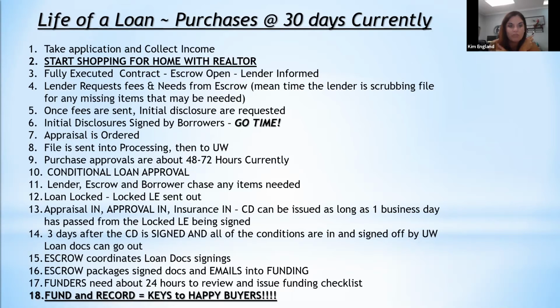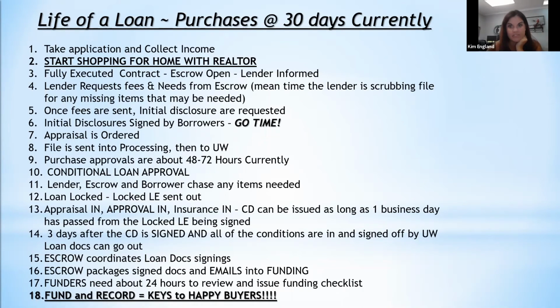That's kind of how that works. When we call it, we'll call and let you know that we're funded. And then recording, we tell borrowers recordings, when your realtor gets to coordinate your keys. And then everybody wins. Realtors get paid, lenders get paid, borrowers get keys. Okay, so I've got 3 questions here. Number 1 is, when an interest rate is locked, how long is the lock good for?